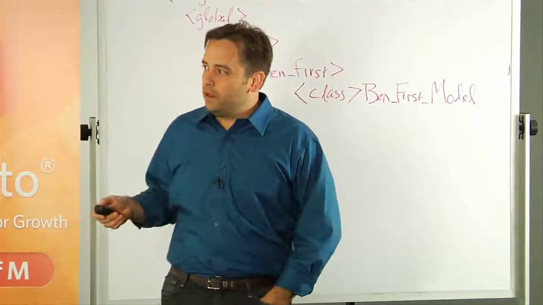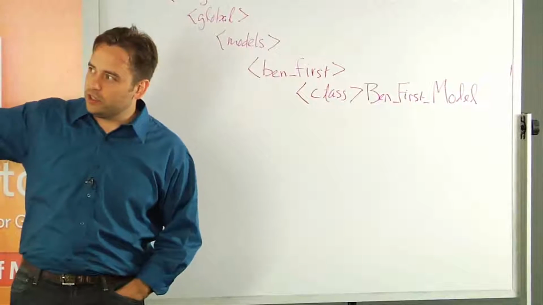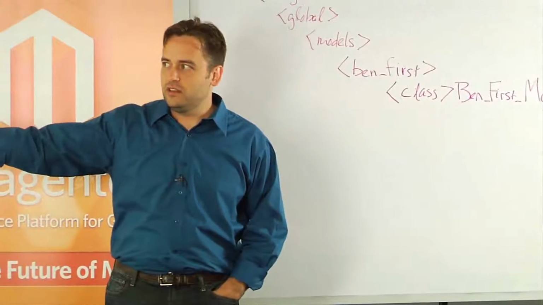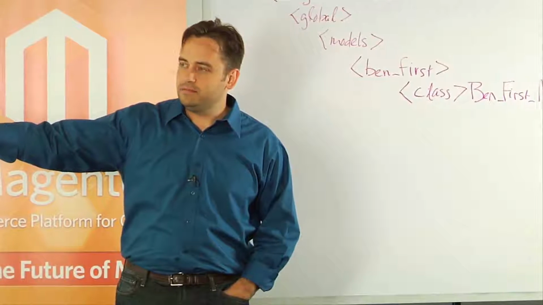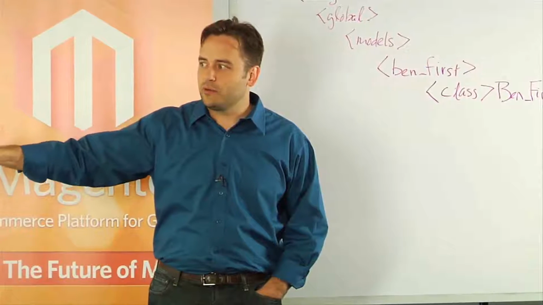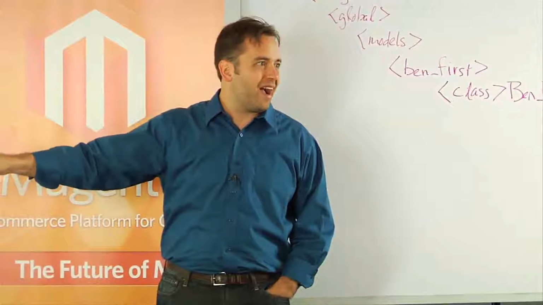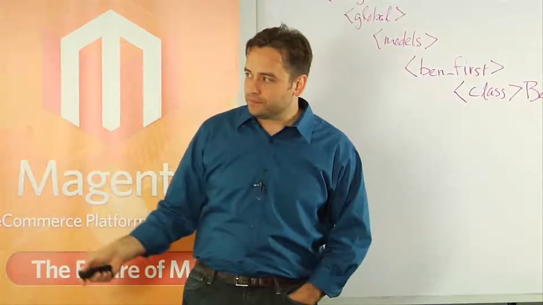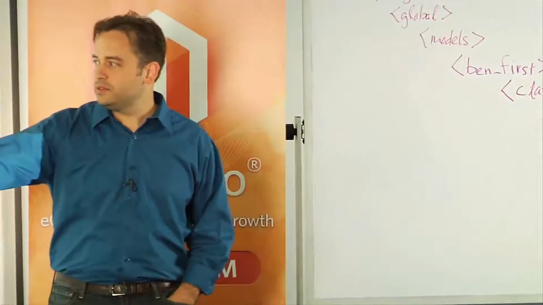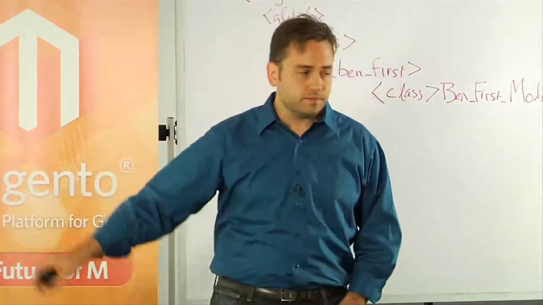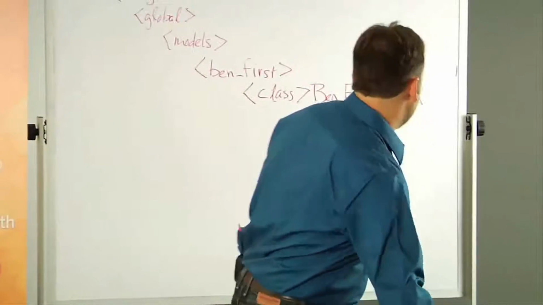So, all right. I think we're pretty clear. Are we pretty clear up to here? The structure, again, just front-end events, the event name, observers node. Inside the observers is where we set up a space for our stuff. So I would put my class group name here, and then we have type. In this case, we're doing type model. What type model translates to